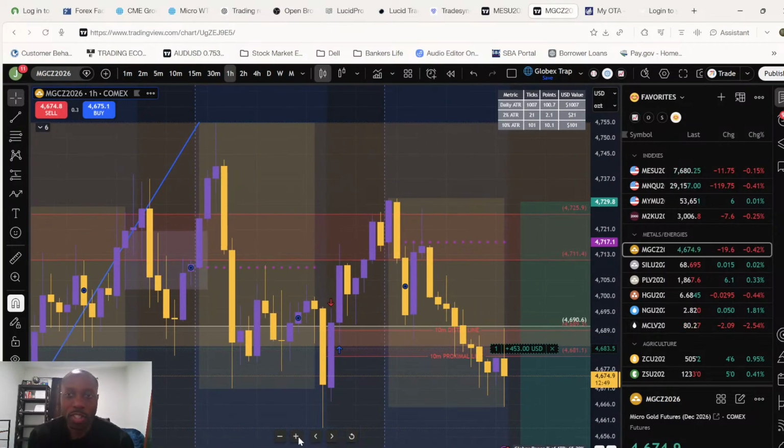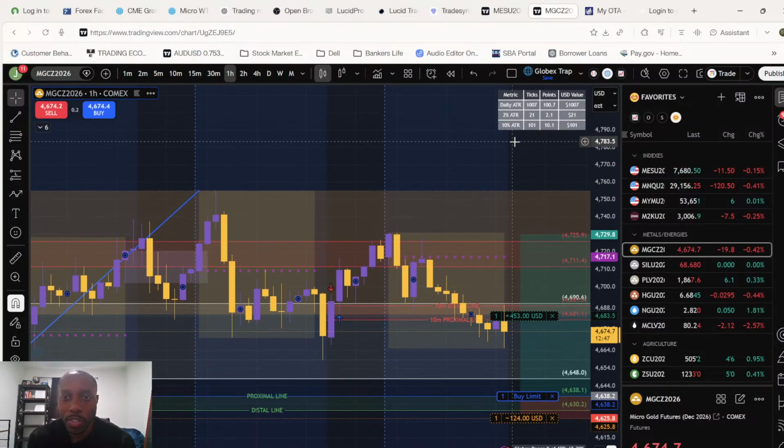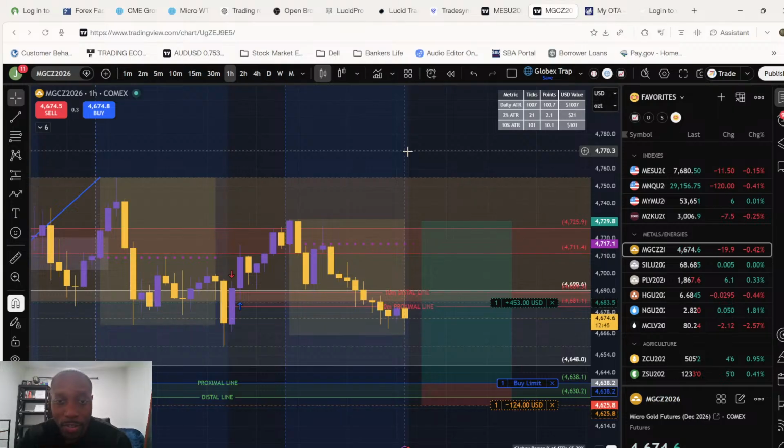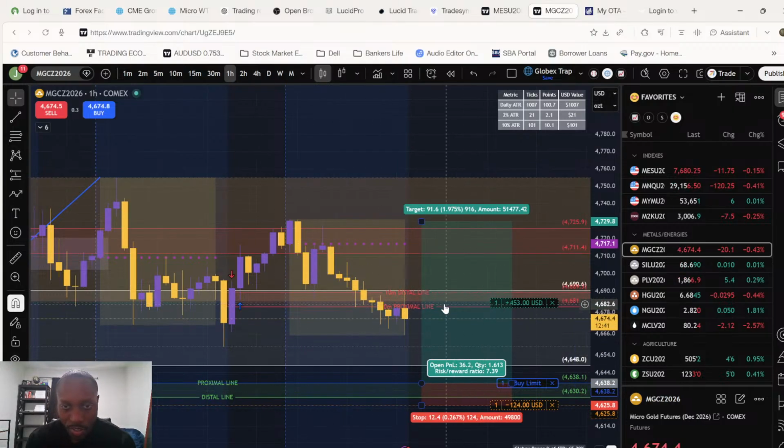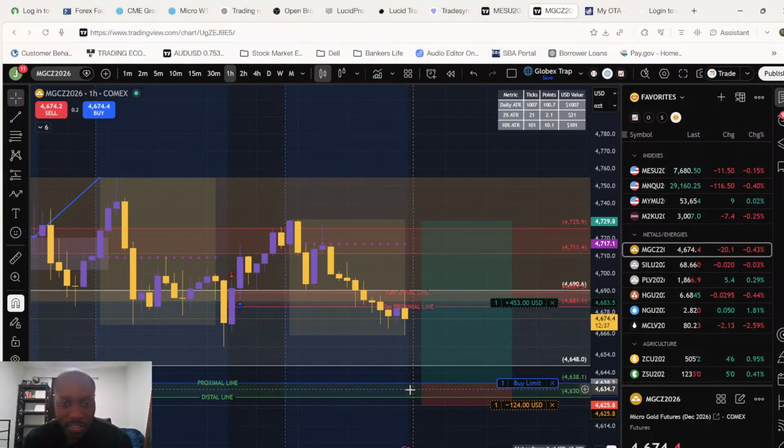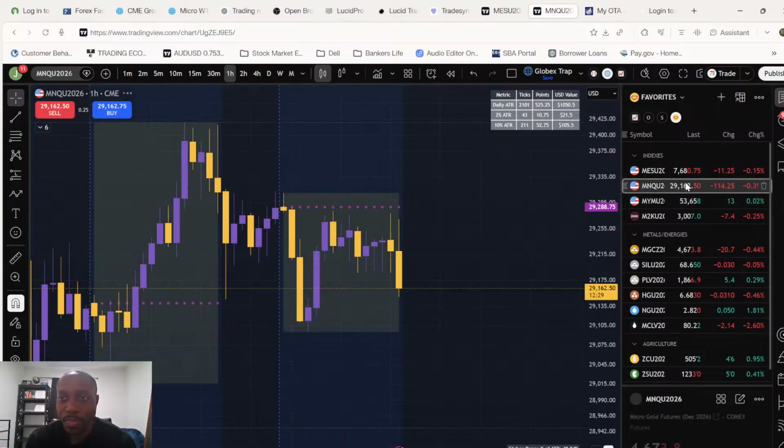So this is what I want to see when it comes to the hour time frame. I would like to see gold come down to, I got a demand zone here, a stop here, TP up this way somewhere. I just don't know if that's gonna happen today. That's a little bit of a drop to get from where it's at to this demand zone. Don't know if I see that, but it's just something that I have marked up.